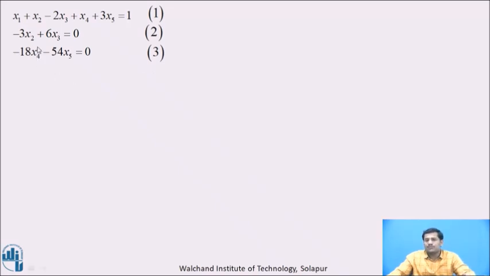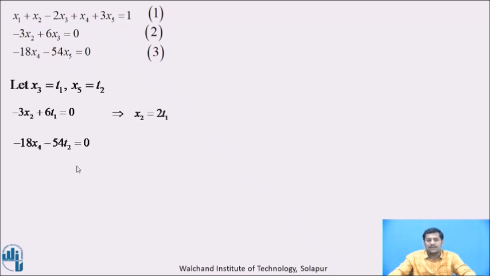Mostly we start from the last equation, but in the last equation there are only 2 unknowns. So we will use a trick: from the last equation we take one unknown as a parameter, and to have one more unknown as a parameter, we'll select equation number 2. Choosing x3 equal to t1 and x5 equal to t2. Now putting x3 as t1 in this equation number 2, it will give us the value of x2, and that x2 is 2t1. Now putting x5 as t2 in this last equation, that will give us the value of x4,